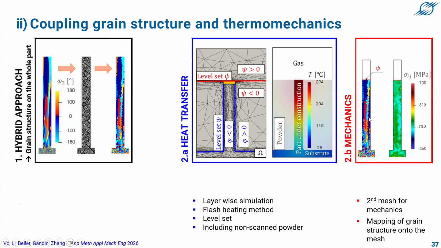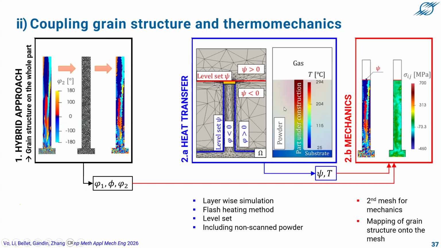So to perform the mechanics, you must consider the input of the grain structure and the input of the temperature provided by the heat transfer analysis. And that allows us to calculate the progressive buildup of stress during a part